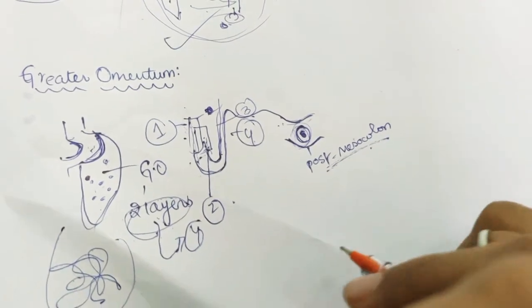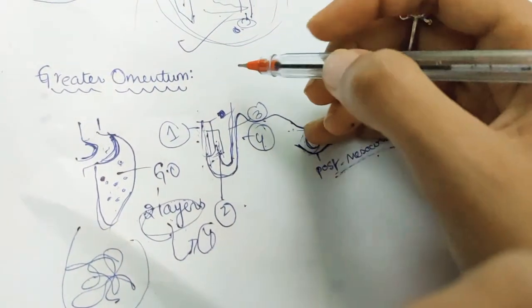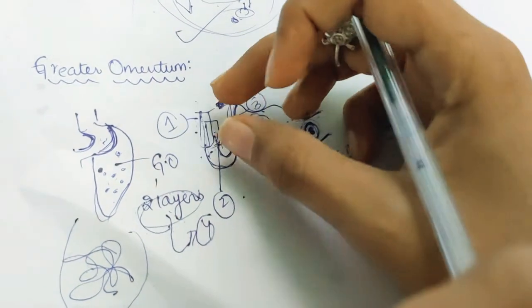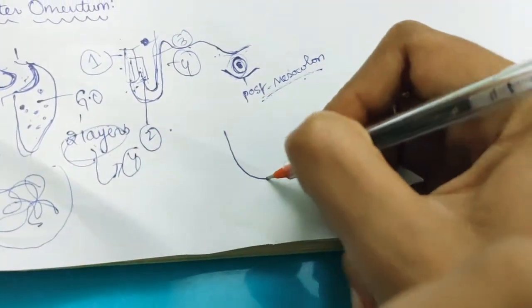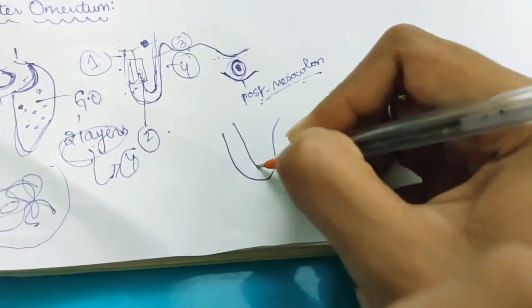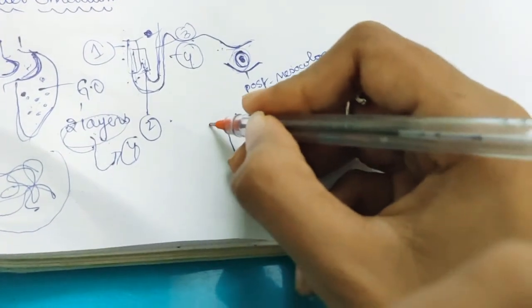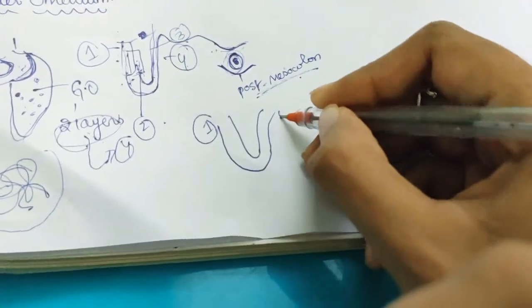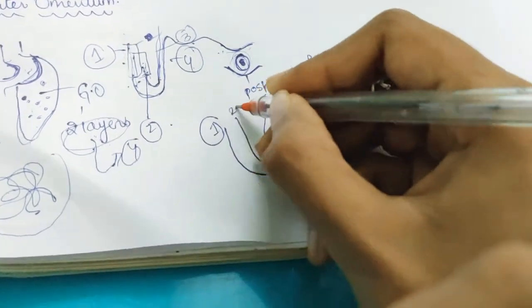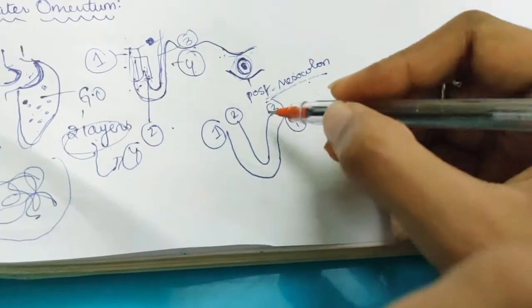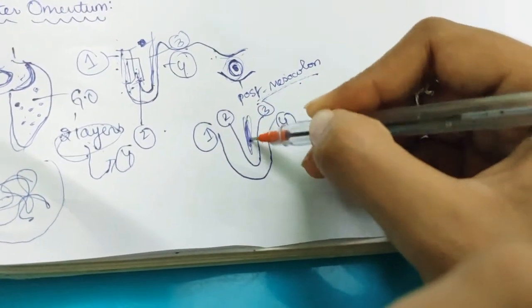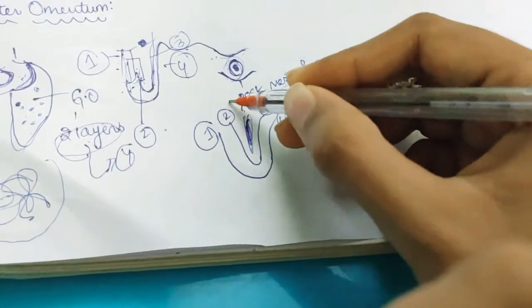Okay, so now next what happens is, between the second and third layer, let me draw it again. So this is the first layer, this is the second layer, right? This is the first layer which is only continuing as the fourth layer, this is the second layer which is only continuing as the third layer. So between the second and third layer, if you see this gap, at the above the greater